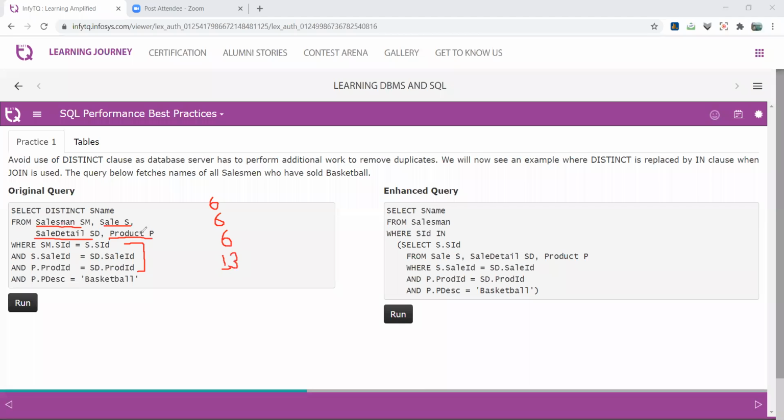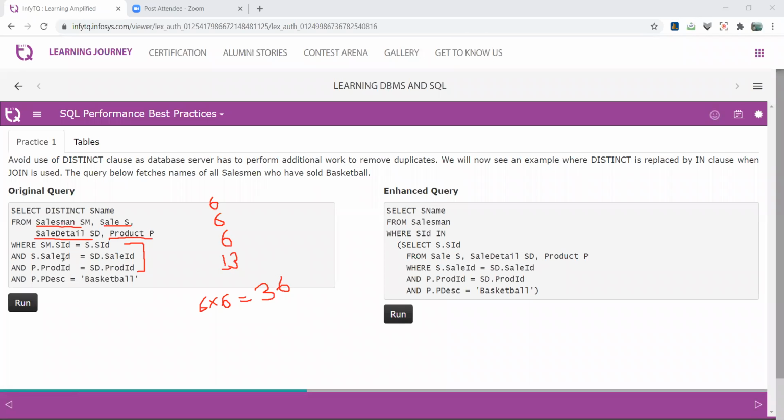Now, if you perform the first join between the salesman and sales tables, the number of comparisons is 6 into 6, which is 36 comparisons for the matching conditions. Clear?